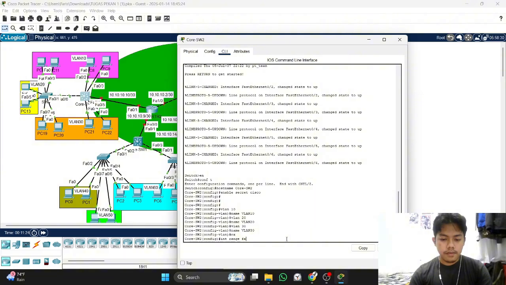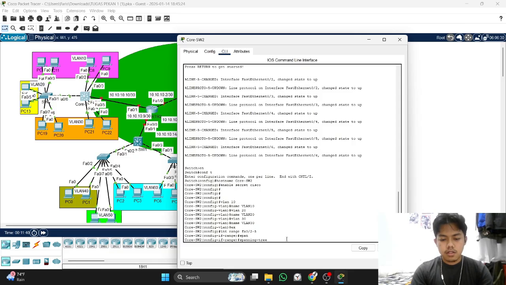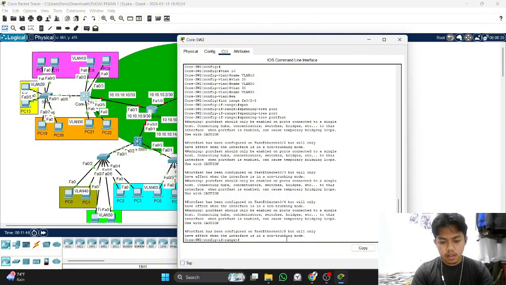So on the range configuration, we write from 2 until 5. Okay, and then you write spanning-tree portfast, and then enter.